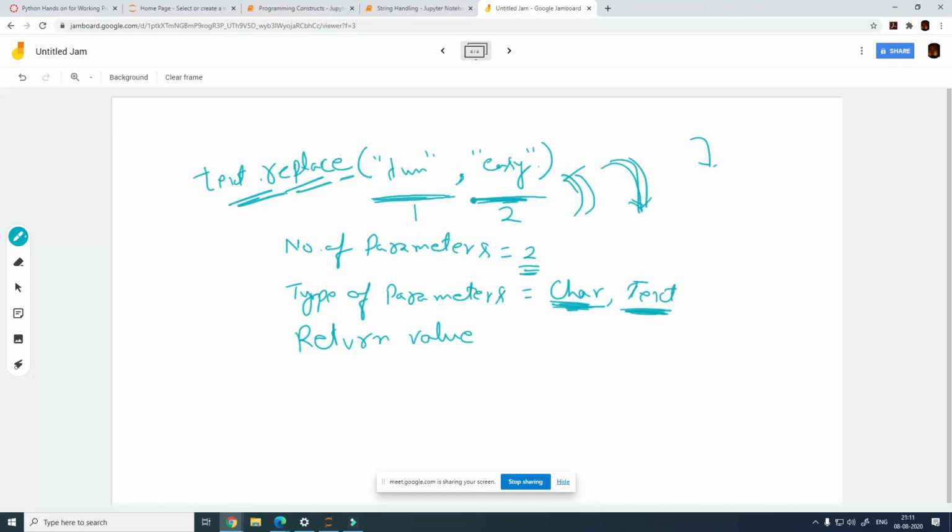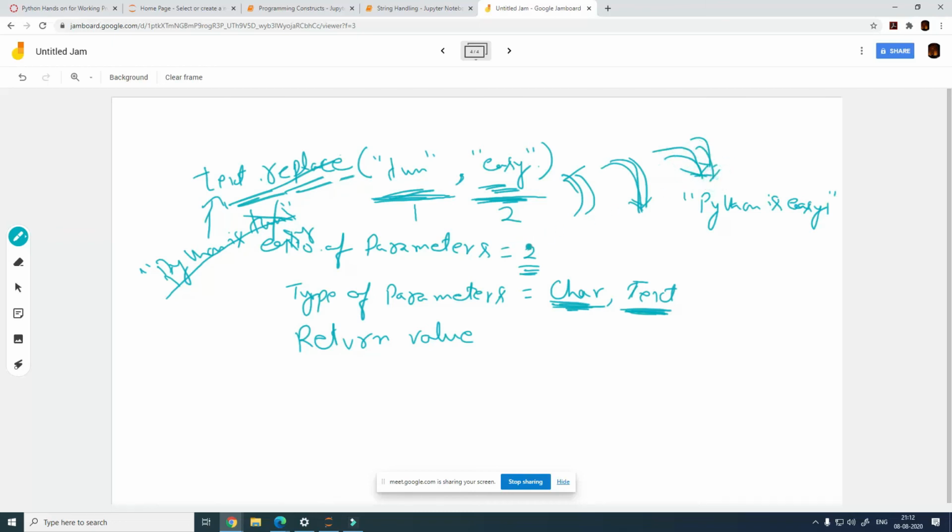The text you were calling replace with was 'Python is fun', and what you get back from the function is another text, 'Python is easy'. That is happening because you call this function replace with this text and pass these two values, and the function replaces fun with easy and gives you that value.